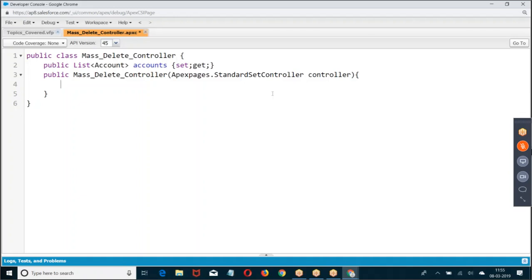If you want to use any Apex class as an extension, then the class has to use Apex Pages dot standard controller or Apex Pages dot standard set controller as a parameter in the constructor. Now I told you already, only the ID will come. If you want anything other than the ID,